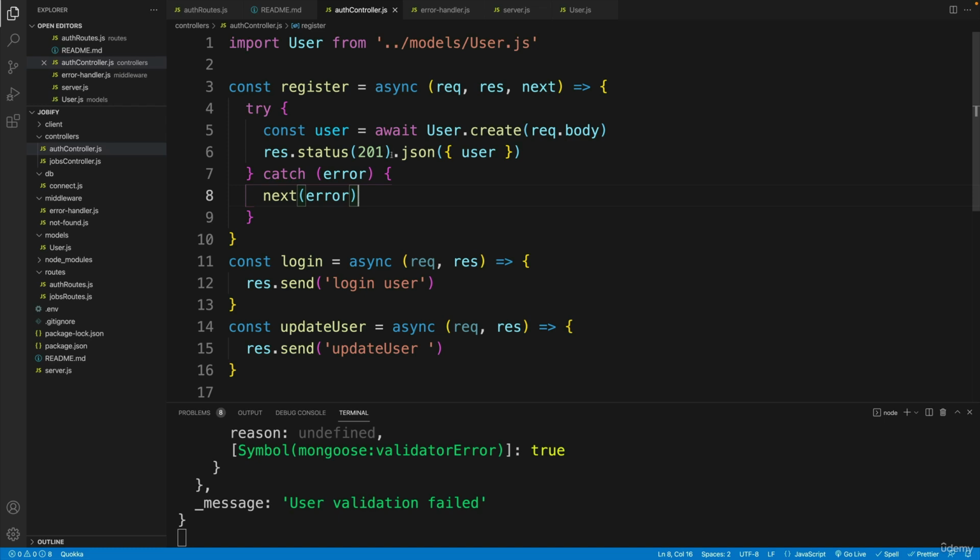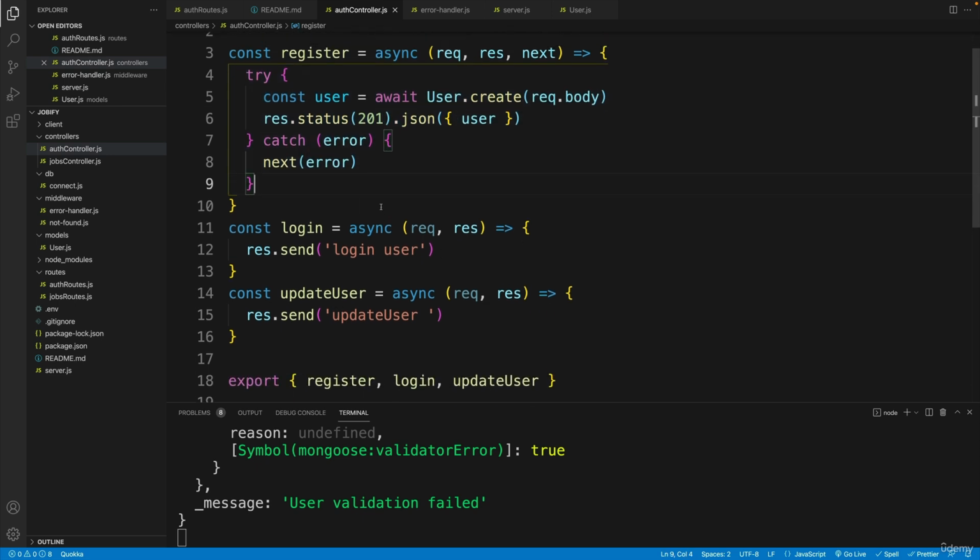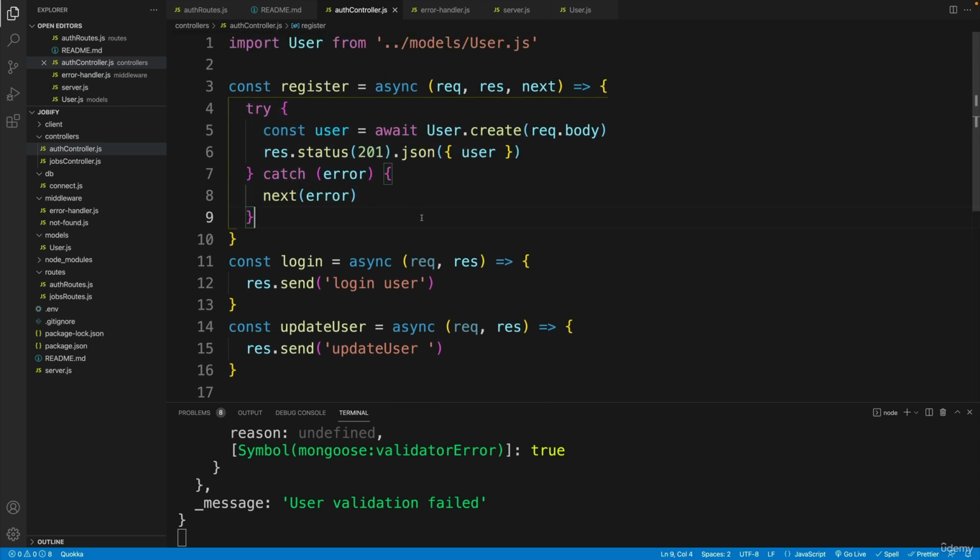All right. And once we can successfully pass our error down to our error handler using next, now let's deal with this try and catch. Because as you're looking at this controller, you're probably thinking, okay, so this is nice, but do I have to repeat this try and catch pretty much in every controller? And the answer is, well, kind of,